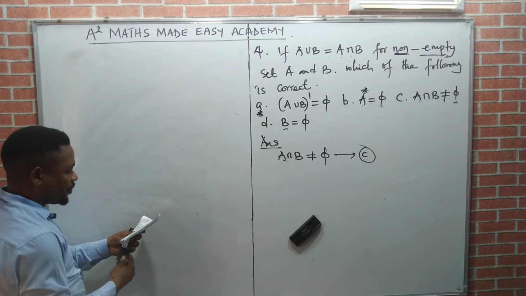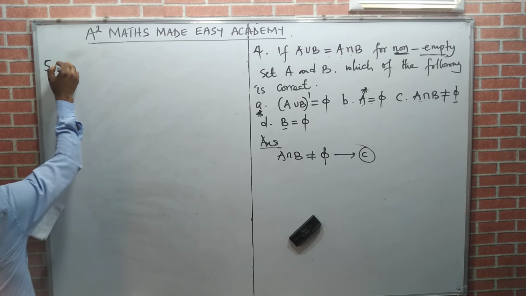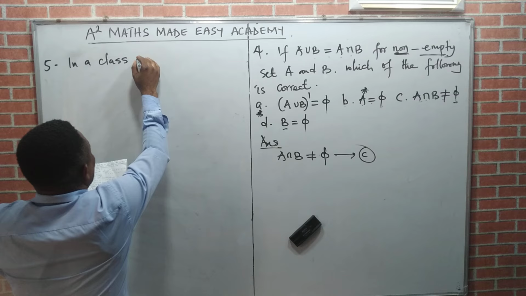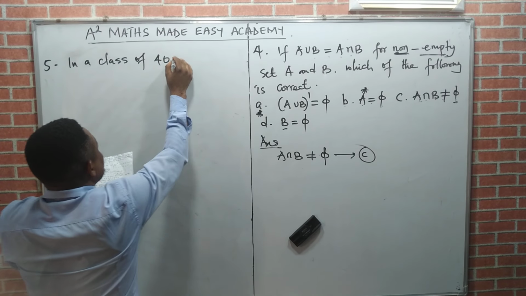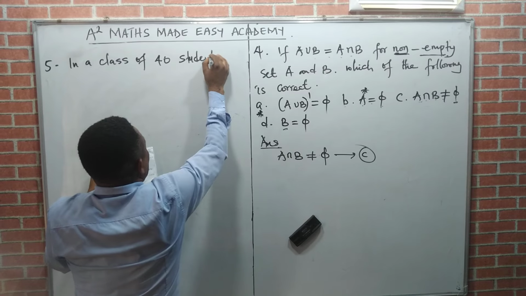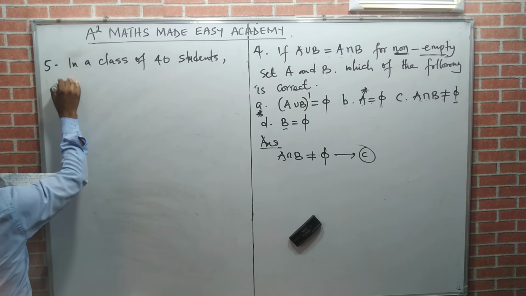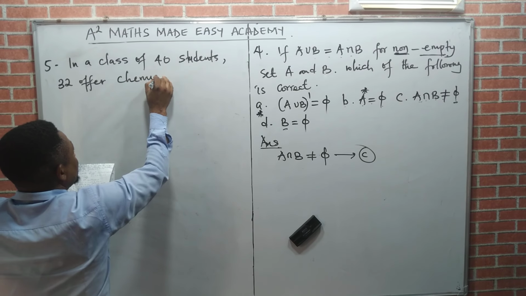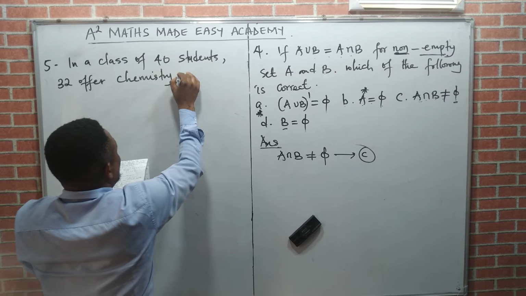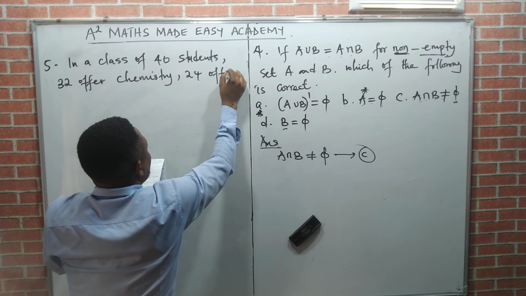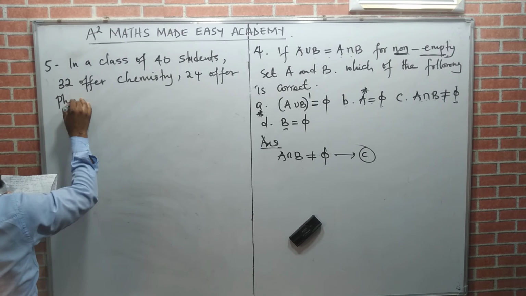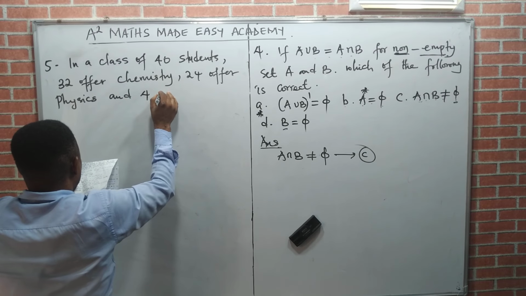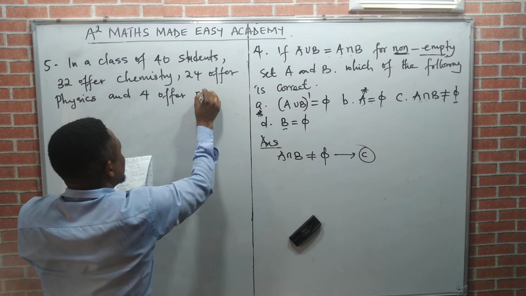Now the question number 5 is this. I want you to watch. Number 5 says, in a class of what? 40 students. The question says 32 offer chemistry. 32 offer what? Chemistry. 24 offer what? Physics. And 4 offer neither